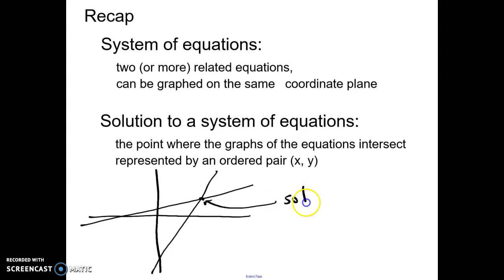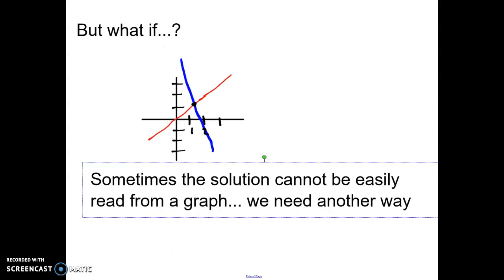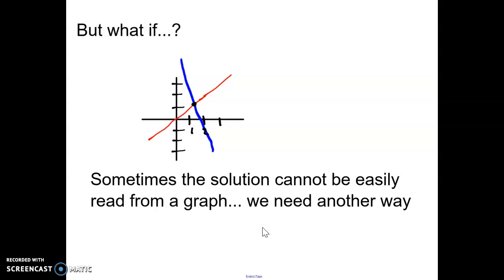That is the solution. But it's important to remember that the solution is always represented by an ordered pair, right? There is an x value and a y value to the solution. You have to have both those numbers to represent the solution to the system of equations. Okay? This is what we've talked about so far, but sometimes, what if we had a system of equations where